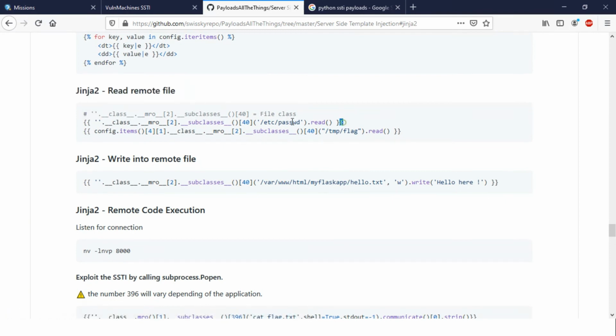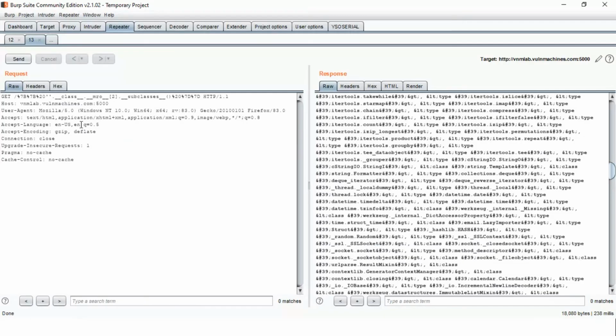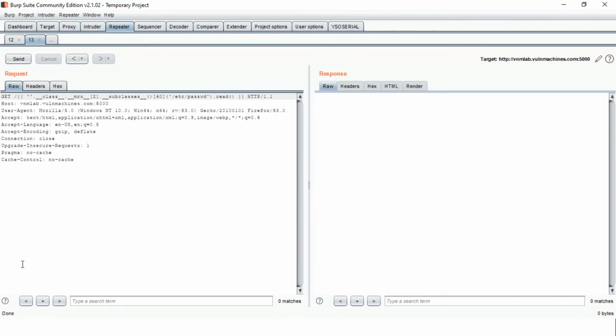So let's read the remote file. Let's read this file, just passing it directly to the Burp Suite, and let's see, send. Okay, done, but no output.